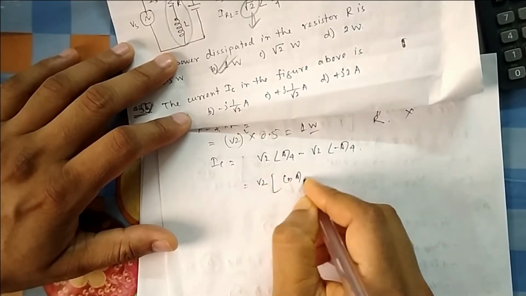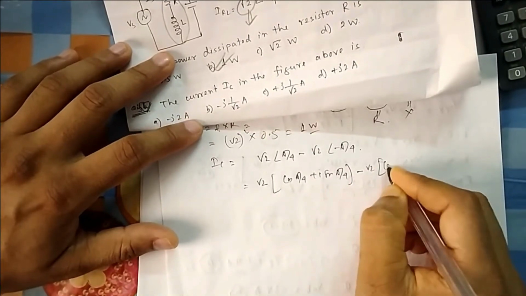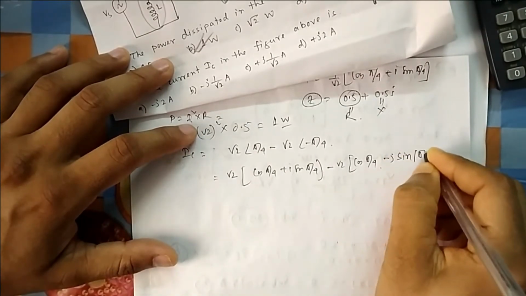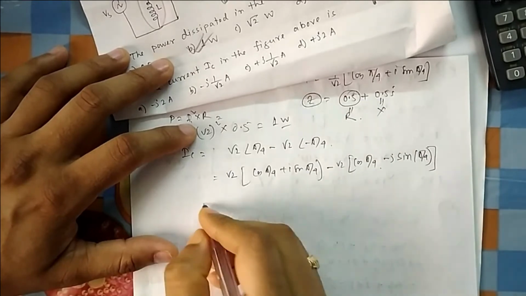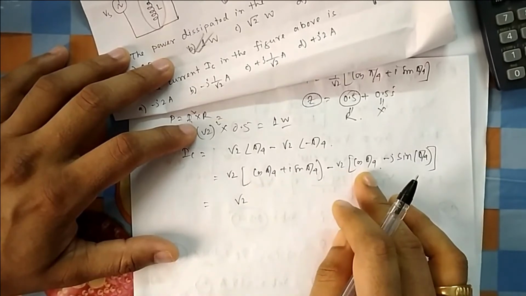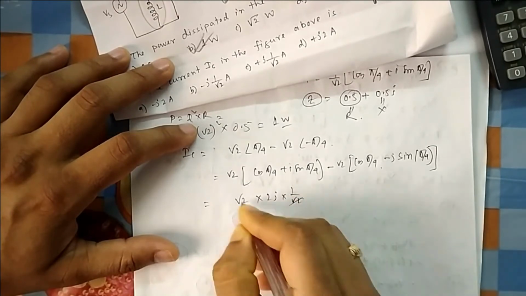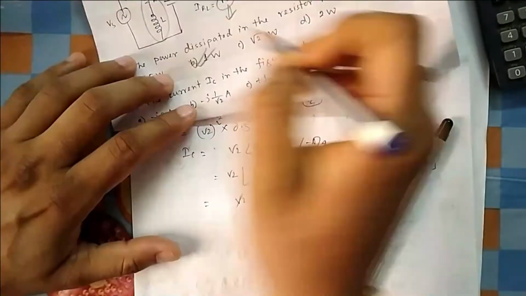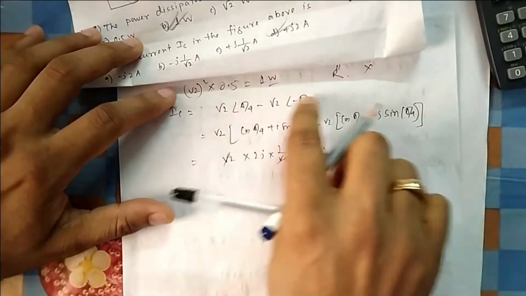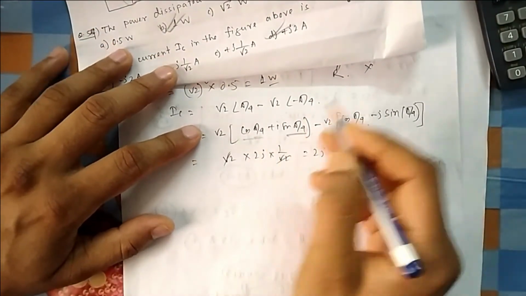It is cos pi by 4 plus j sin pi by 4, minus root 2 into cos minus pi by 4, which is also cos pi by 4, because cos can digest that minus. Sin will not digest, that's why sin will take it out. So if you take root 2, then j sin pi by 4, cos pi by 4 would get cancelled, and here j sin pi by 4 there will be 2j into 1 by 4. So it is 2j, that is your option D. Why I am showing these calculations not in the calculator is because on the on-screen calculator you may not be able to do the direct conversion. So that's why you have to write it, and then with these cos values you can find it through calculator.